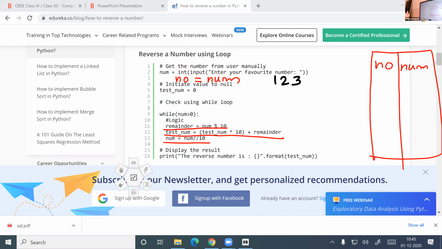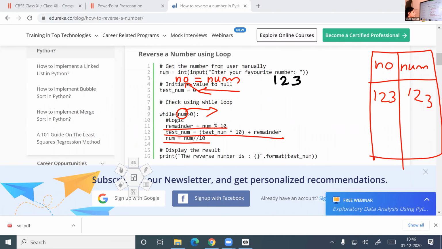Yes, ma'am. So always you are doing a left assignment. So num has a value 123. And the next statement is NO is equal to num. So 123 will be stored again in NO. That's the meaning of the statement. Why have I written this statement? Because we are doing the loop with num, with the original value, and we are finding the reverse. So this num will be changed finally after execution of the full loop.